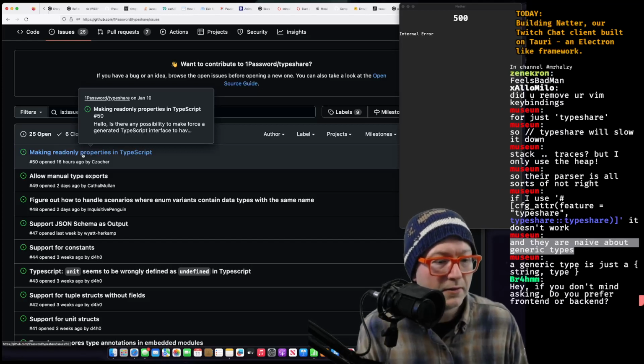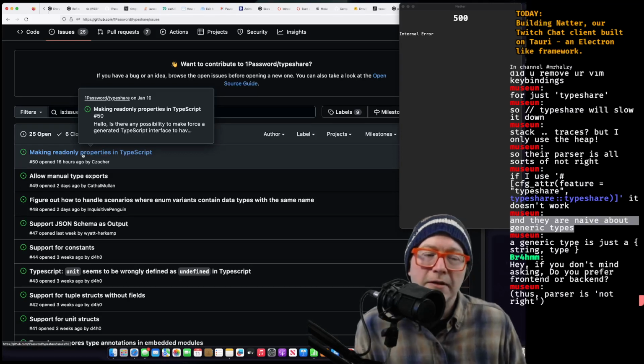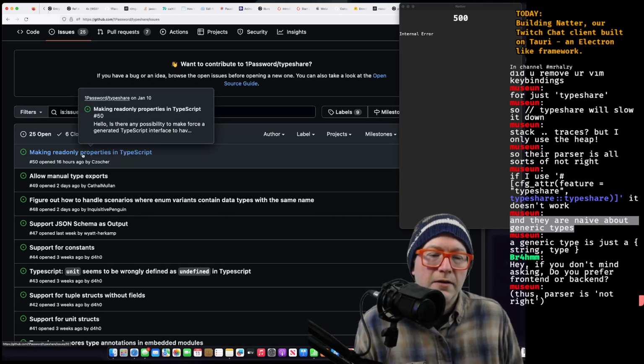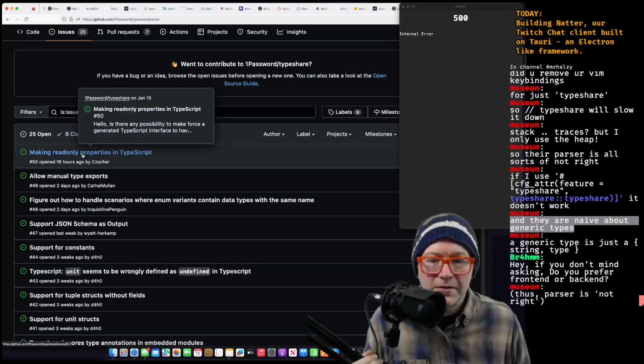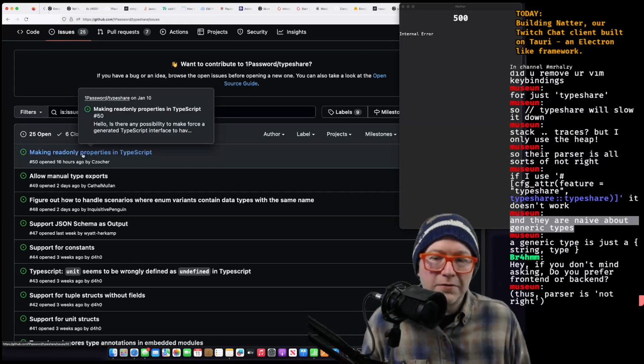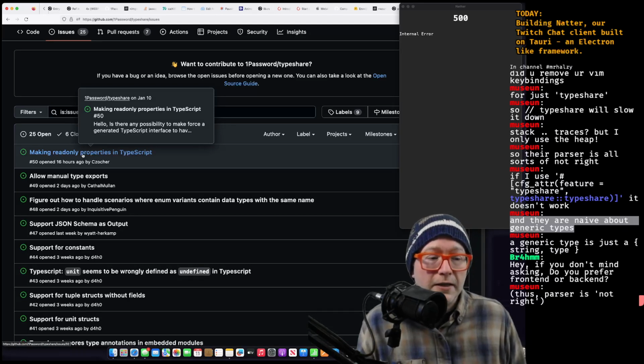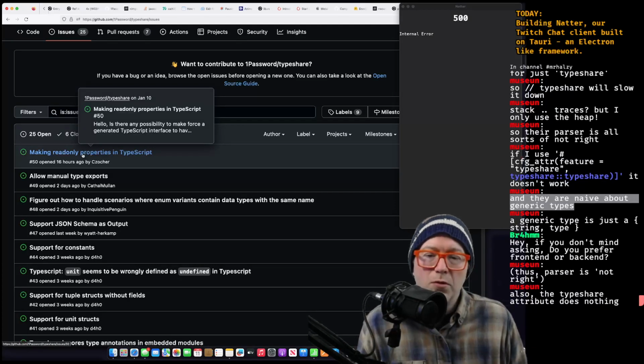Do I prefer front end or back end? I actually flip-flop on this, right? I'll do back end to the point where it takes me like a decade or half a decade. And then it's like, oh, you know what? I want to work on front end stuff, right? Some of the latest shiny goodness. And so I kind of go back and forth. I've worked in front end stuff for, goodness, 25 years. And still am not a master of it in any way, right? More and more just keeps getting added.